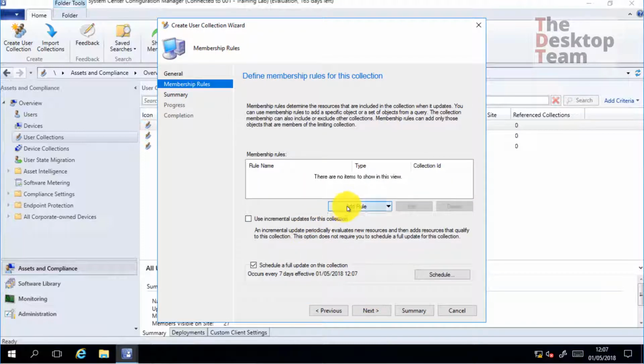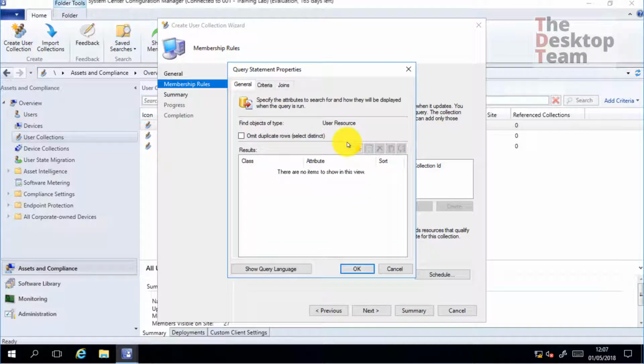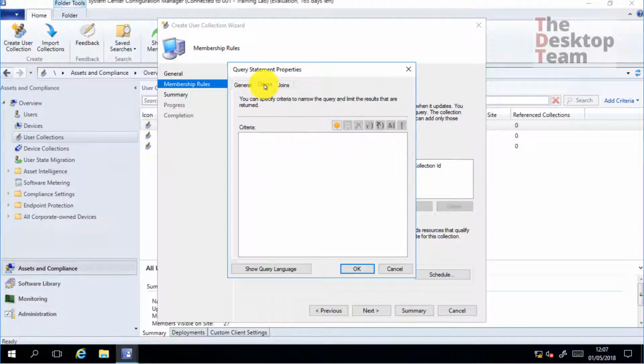Next, I will create again a query rule, like we have been doing. So it's going to be users OU. And here I can use user resource or user group resource. In my case, I will leave it as user resource. And my criteria